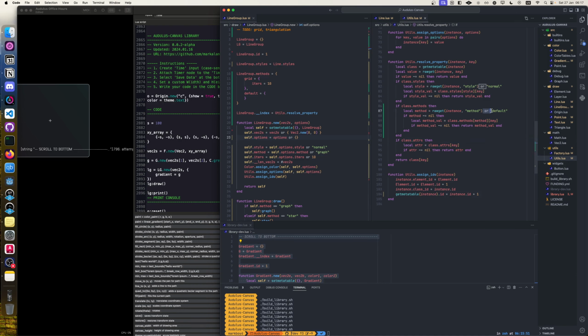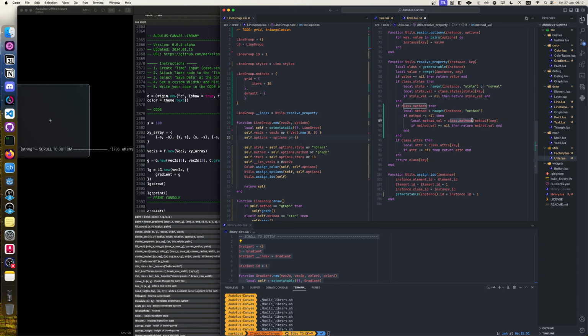Because I don't want to do this. If the method is nil, this could be nil, right? Then we just skip. And if method is not nil, then we try to get the method val